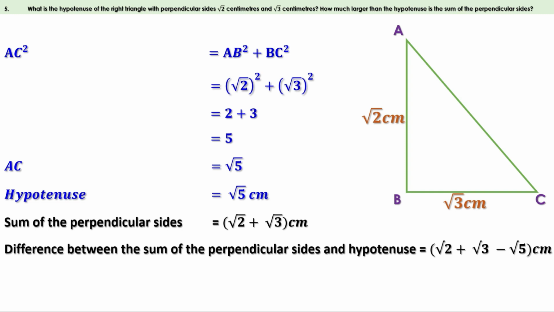If you need an approximate value, we can give the approximate values of √2, √3 and √5. We know the approximate values of √2 and √3. How can we find the approximate value of √5? You can use a calculator, or you can do as we have found the approximate values of √2 and √3. That is, we know 2 square is 4 and 3 square is 9. That means the value of √5 is in between 2 and 3.